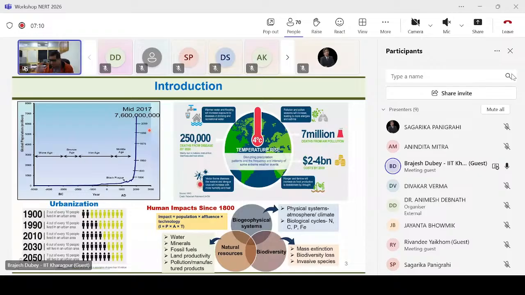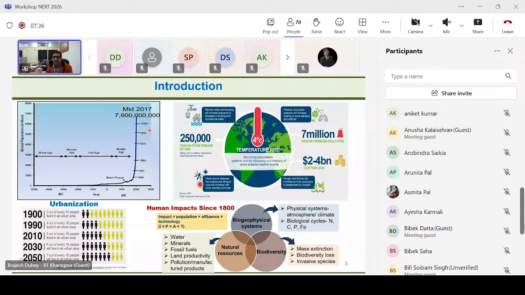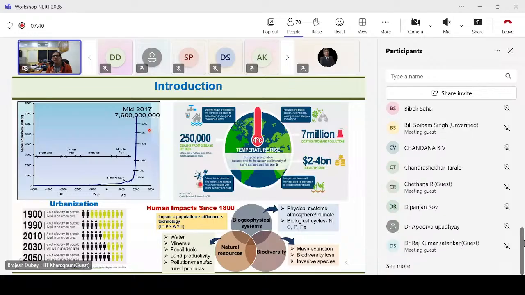And that huge increase in population had started demanding more resources, more mining, especially after the Second World War. After the Industrial Revolution and the Second World War, we saw consumption increase like anything. We started consuming at a much faster rate. Our expectations have gone up, our aspirations have gone up. To some extent, it's okay, but we have not really managed the material very well.